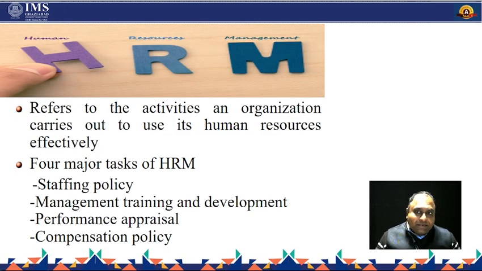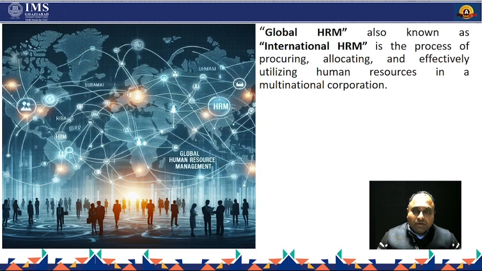First, to understand what HR is, then only can we integrate those HR activities with the global HR perspective. So we need to understand that HR has multiple jobs, or four major key areas. First one is staffing policies, second is management training and development, third one is performance appraisal, fourth one is compensation policies. When we integrate those things with global perspective, then it becomes global HRM, and their connection with these MNCs has given more importance and weightage to such activities. So in the next slide we will understand what global HRM is.